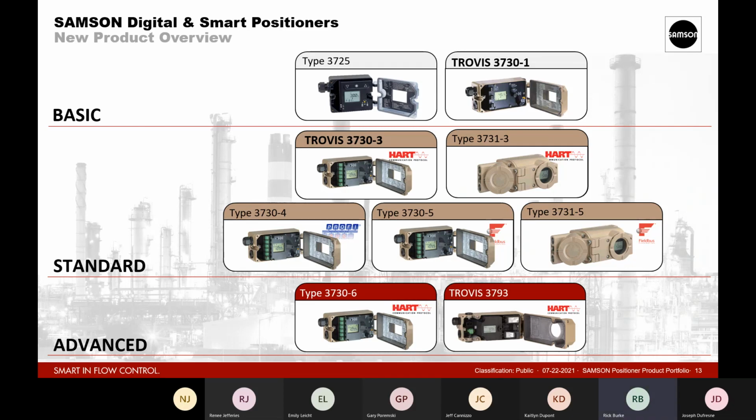You can also get limit switches and 4 to 20 feedback with that, but we don't normally see a lot of those options being put in these. Probably we'll see more now that the 3730-2 is no longer going to be available. The next section, the 3730-3 through 5,